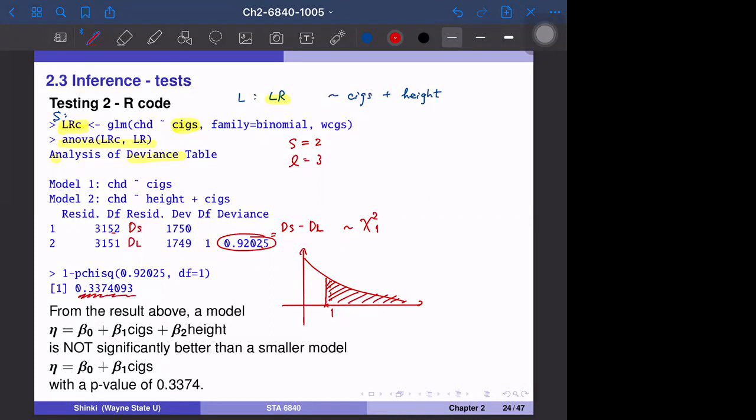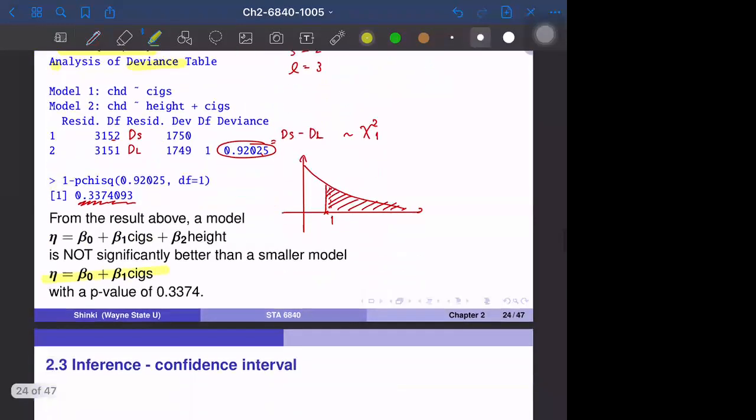So we cannot reject the null hypothesis. So L is not necessarily better than S. So with this result, usually we say this model, the model S, is sufficient to explain the heart disease. Okay, so